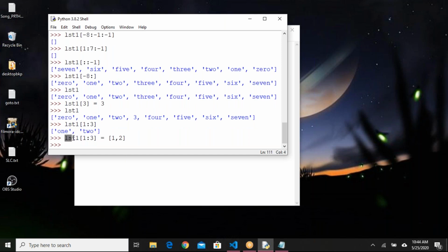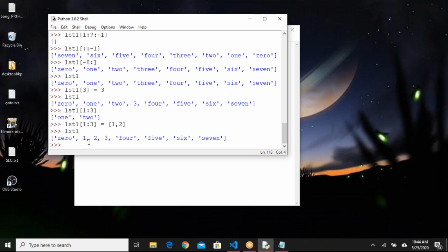I considered a slice of list1, a slice of 2 elements. Here I am passing two values, 1 comma 2. So what happens here? If I print list1, see here 1 and 2 are changed.